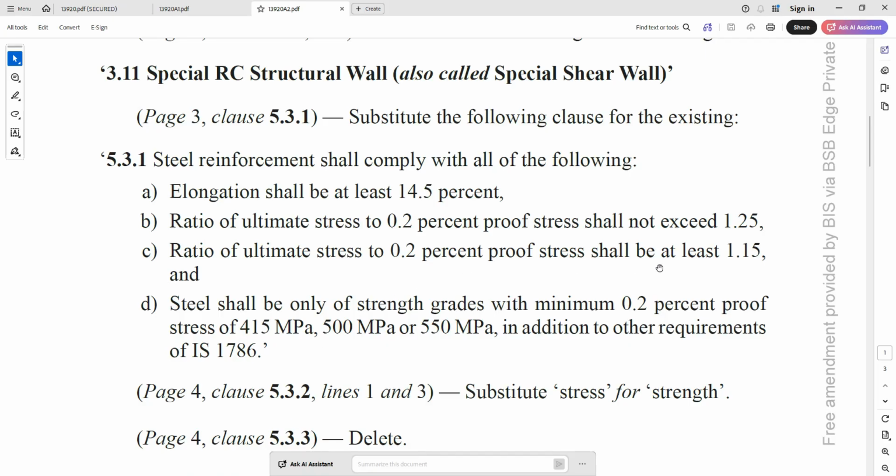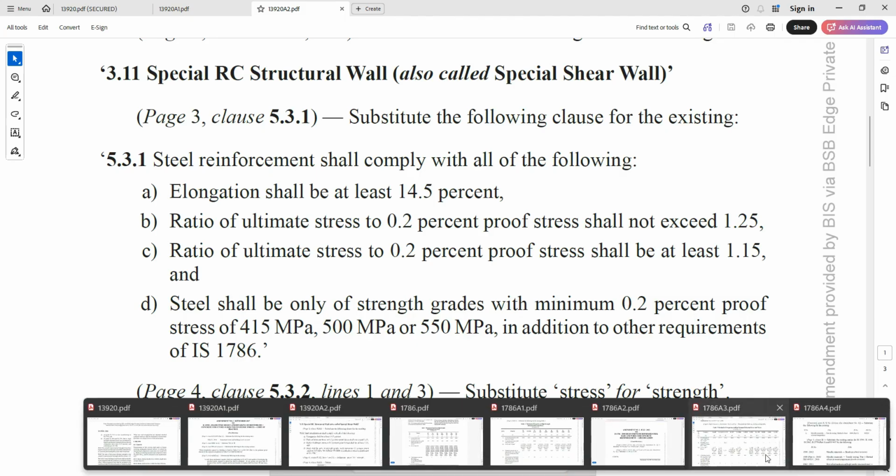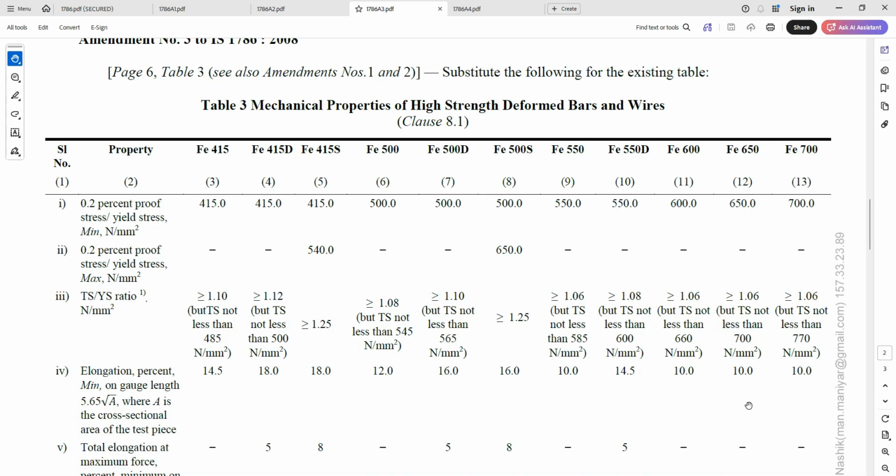So here comes the basic important thing. As a structural engineer, if I suggest my client blindly go with Fe550D, no. If we go with Fe550D, even then whatever criteria are mentioned in 1786 are not sufficient from the IS 13920 point of view. So I have to specifically mention in my order the criteria of 13920. Now if I have to mention the criteria of 13920 specifically in my order, that I need these properties,